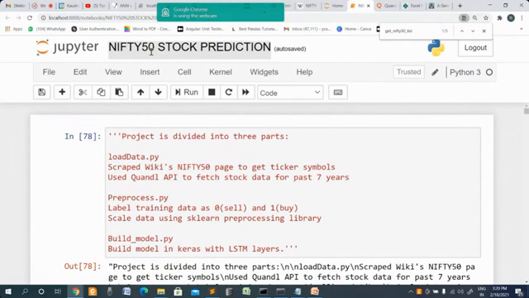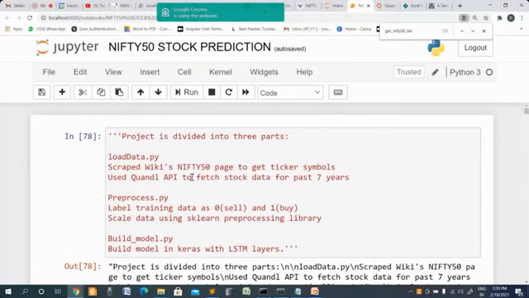The first thing is, how do we know the Nifty top 50? We are going to use the Wikipedia Nifty 50 page and do web scraping from it. Web scraping is extracting data from the net, and Python has libraries for that.